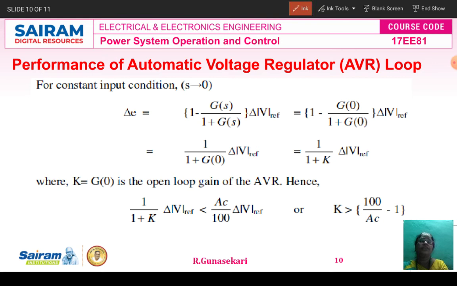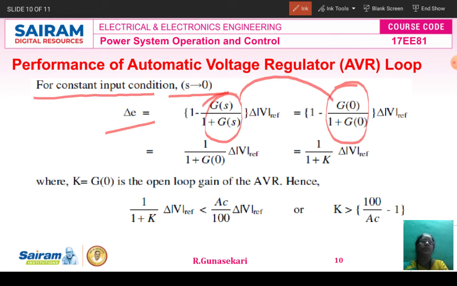Here the steady state value means s tends to 0. That means constant input condition. So s tends to 0 means instead of s we can substitute 0. Therefore del E equals del V reference into 1 minus G of 0 divided by 1 plus G of 0. In this formula, instead of s I substitute 0. Finally I am getting del E equals 1 minus G of 0 divided by 1 plus G of 0 into del V reference. After simplifying, del E equals 1 divided by 1 plus G of 0 into del V